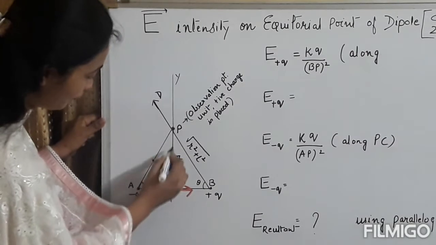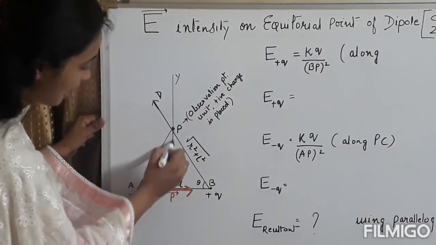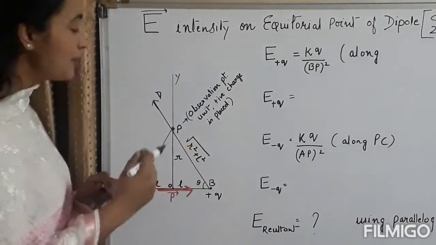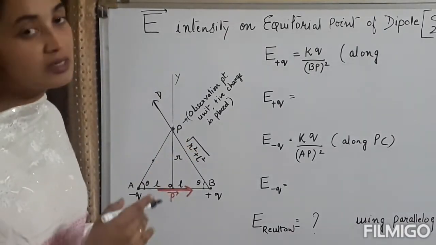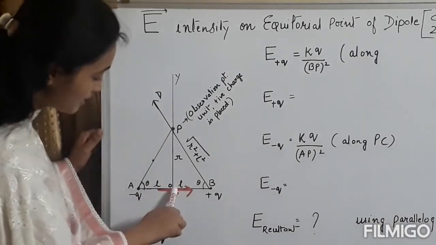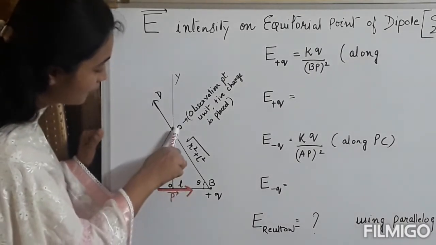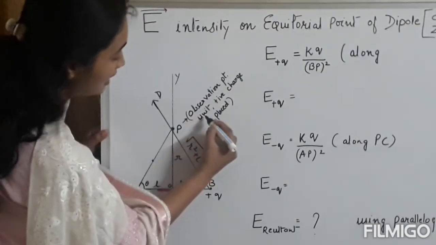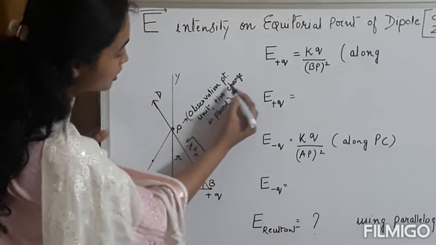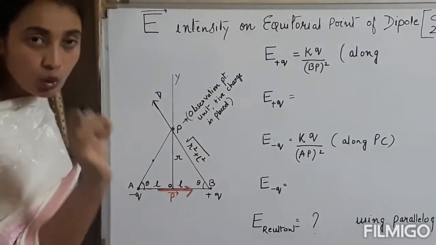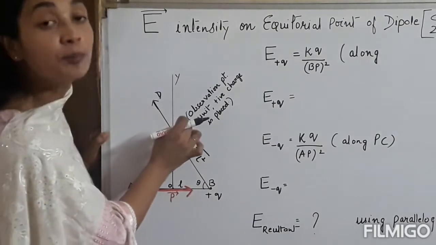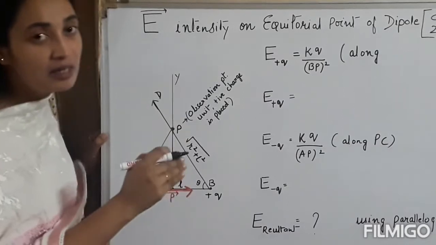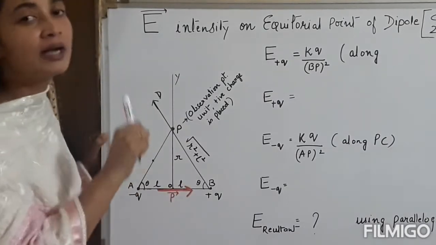Now from the center we have chosen at random a distance R. At a distance R we have chosen P. What is P? Time and again we have been considering P as the observation point. So from the center of the dipole at a distance R we have taken our observation point, and we can consider a unit positive charge is placed here. Suppose if I place a unit positive charge at P, whatever force it will experience, that will be the electric field at the point P.